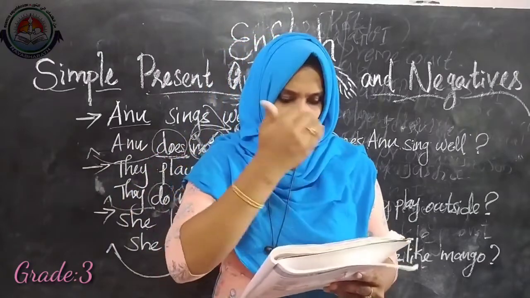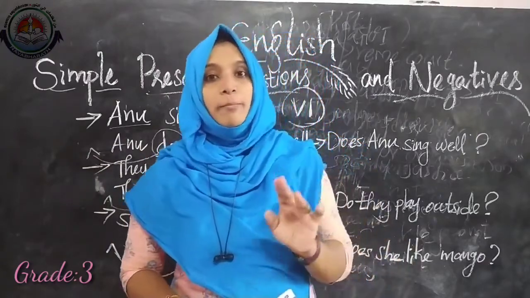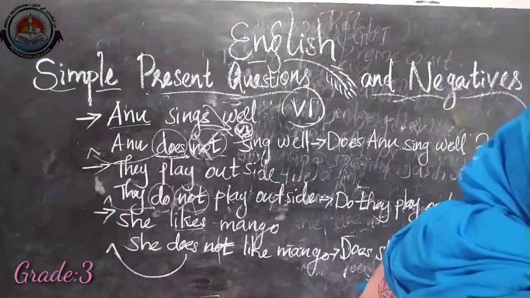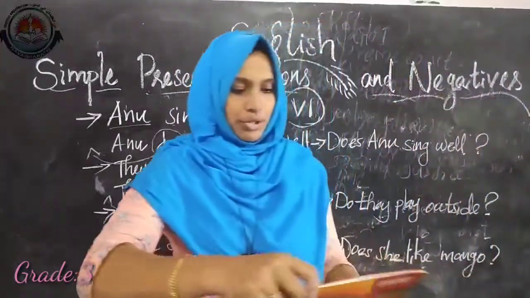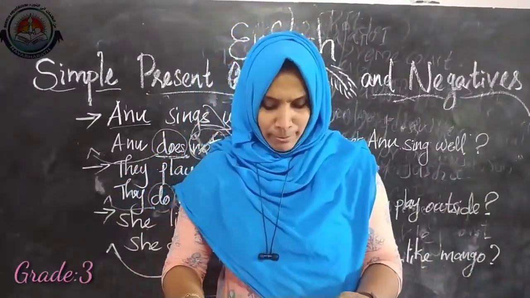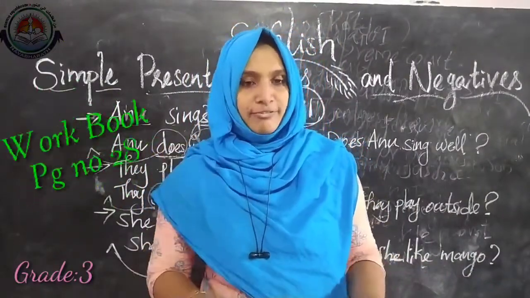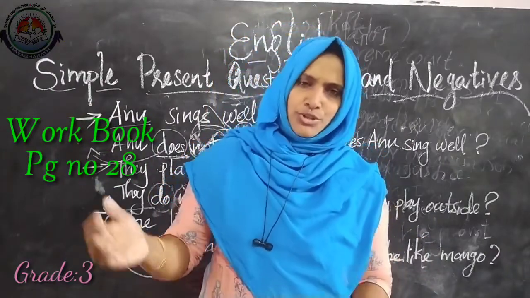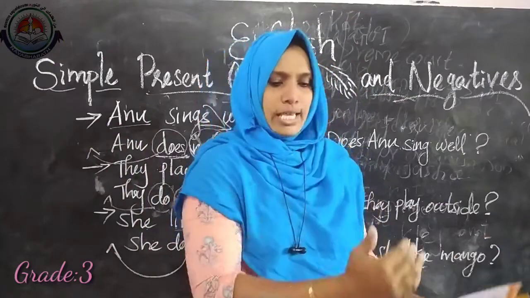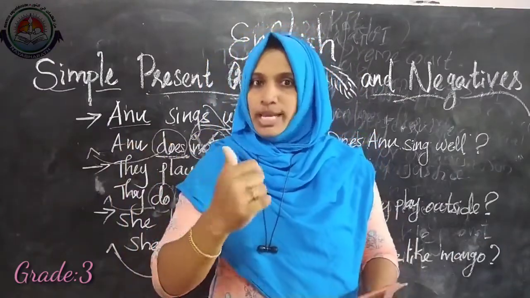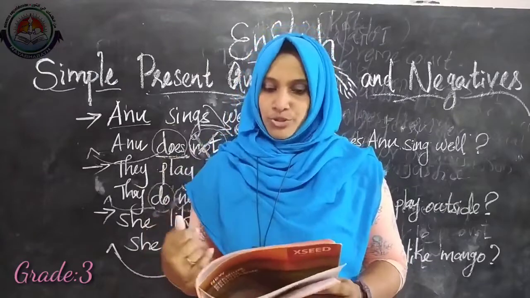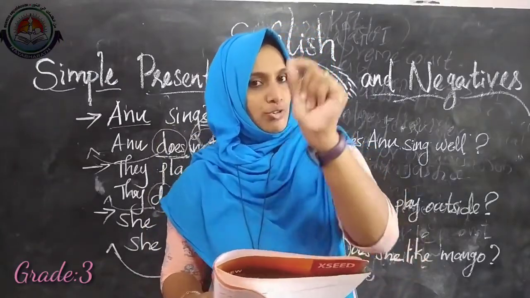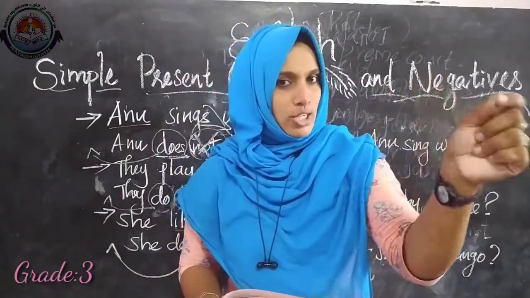So children, from this quiz part, you can do question number 1 and 2. Then I want to tell you one more thing. It is about your workbook, page number 28, S4 from block 21. Take that page also. It is almost the same as this topic, that is why Ma'am is telling you to do this page also. It is very simple. Fill in the blanks with do not or does not. Yes, do not for plural, does not for singular.